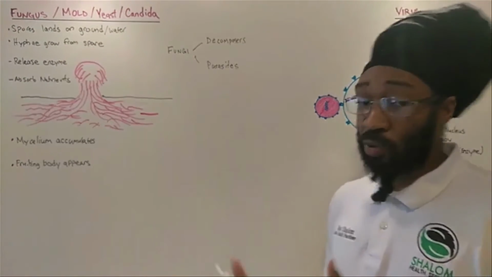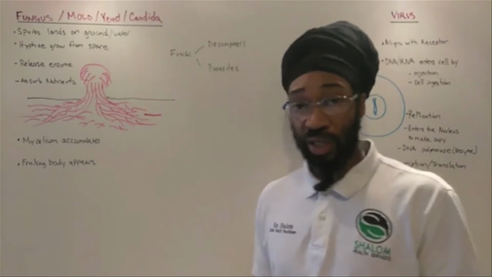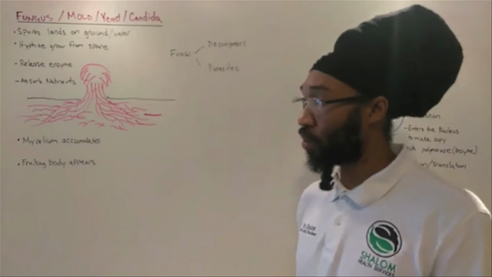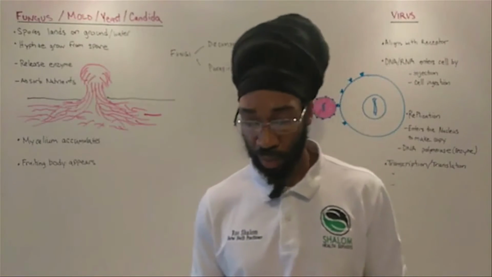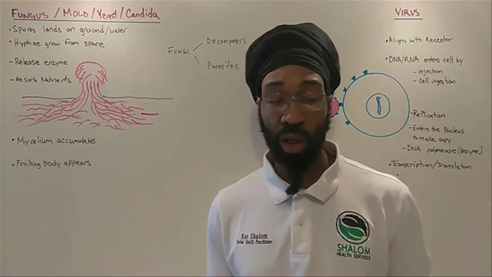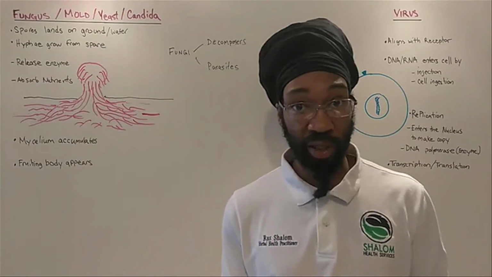So this can be anywhere, guys. This can be a thrush on the tongue. It can be fungus, mold. I want you to think about mildew. You could think about the mold that may be on the wall, on the side of the bathtub, even on